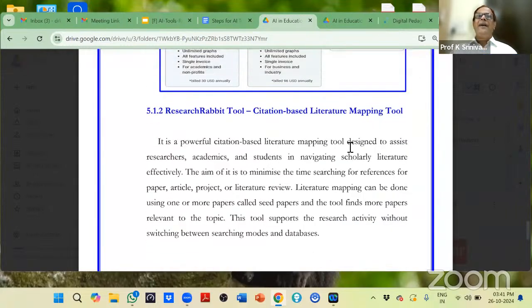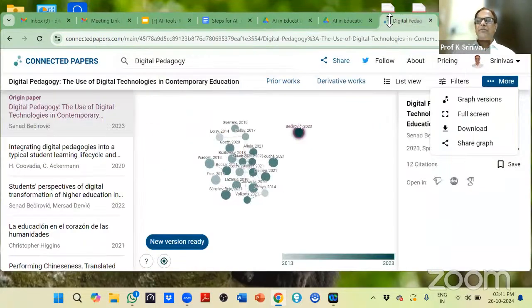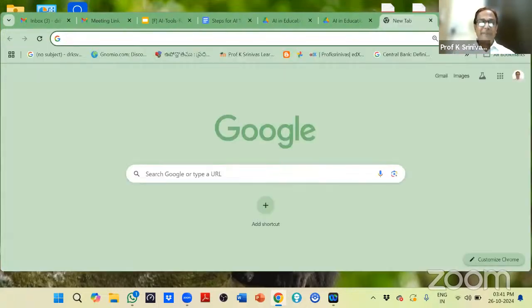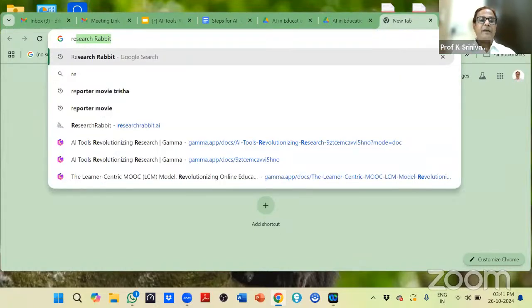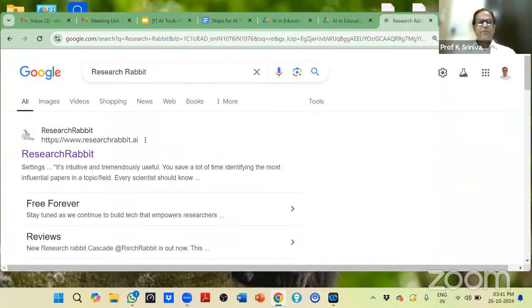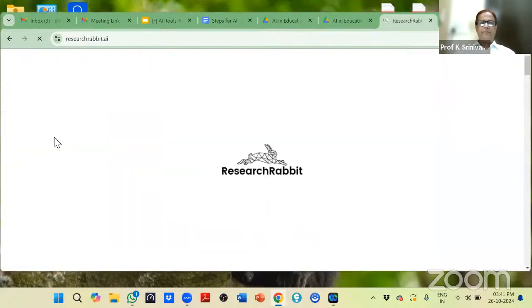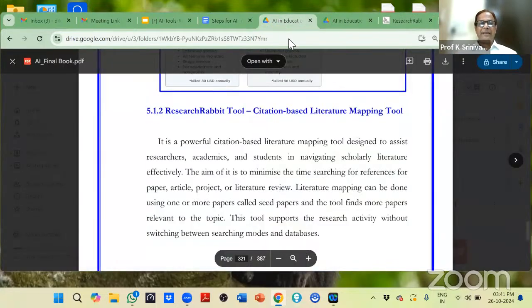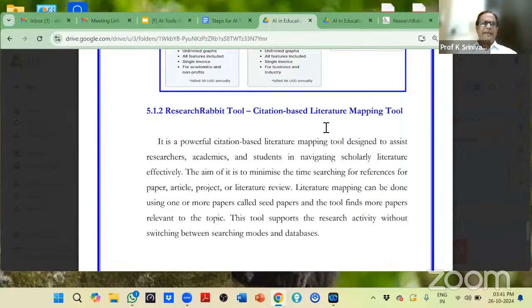चलिए, इसके बाद एक और चीज के बारे में बात करेंगे, वो भी काफी इंटरेस्टिंग है। उसका नाम है रिसर्च रैबिट। मैंने आपको पहले ही कहा था कि मैं कुछ ही चीजों को कन्फाइन कर दूंगा। ये भी एक इंटरेस्टिंग प्लेटफॉर्म है, और ये भी बहुत इंटरेस्टिंग वे में हमारे लिए मदद करेगा, ये रिसर्च रैबिट।